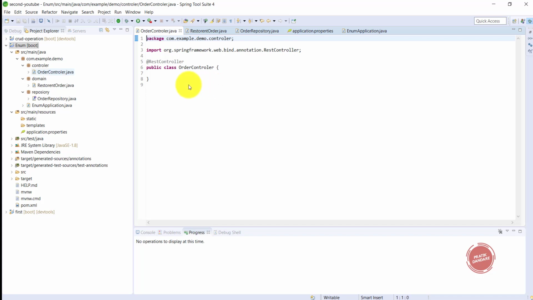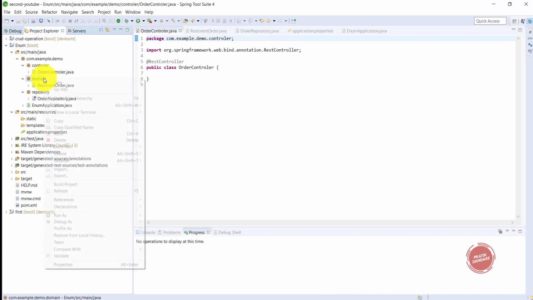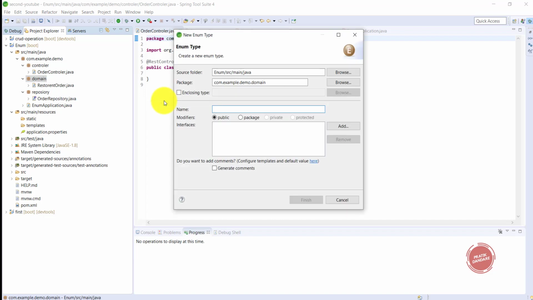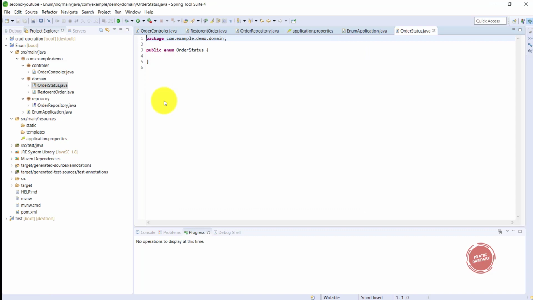For that purpose I am creating one enum in our domain package. The name of the enum is OrderStatus. So this is the enum, and we have some constants. The order is placed.